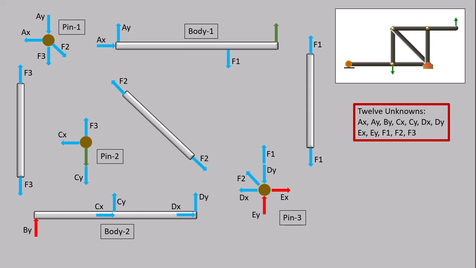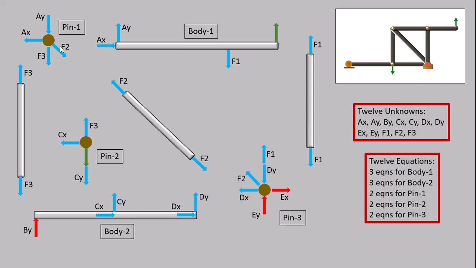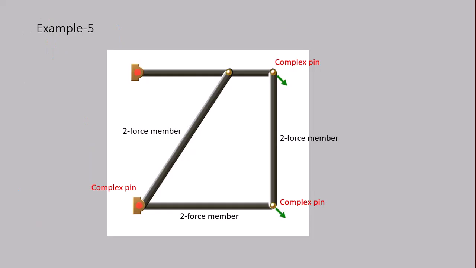In this problem, there are 12 unknowns and 12 equations. 3 equations for body 1, 3 equations for body 2, and 2 equations each for pin 1, 2, and 3. So 12 unknowns and 12 equations. Next example,